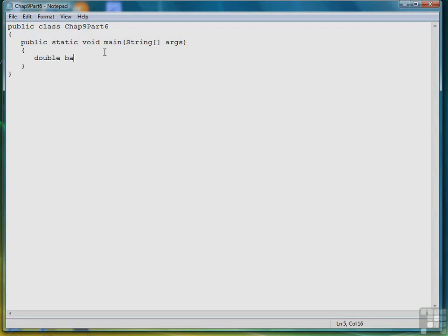So we're going to start out with a balance variable. We'll set it equal to 5,000. Another variable for the rate we'll set to 2%. Then we'll write our for loop: for (int i = 1; i <= 10; i++), then open the body, then balance *= rate. Close the loop and write out the result